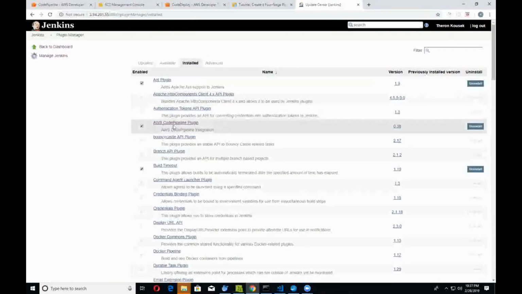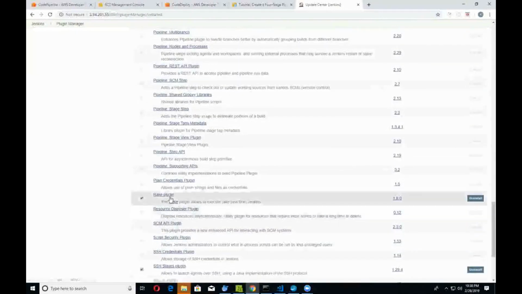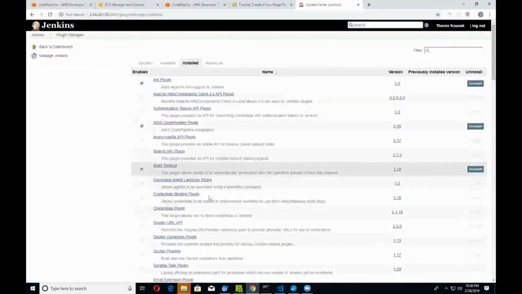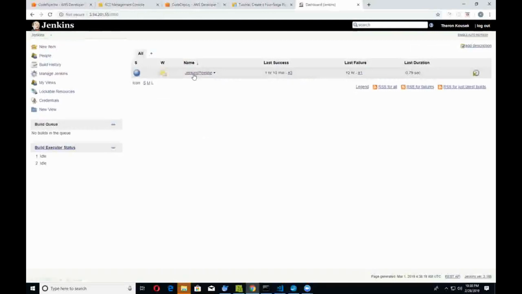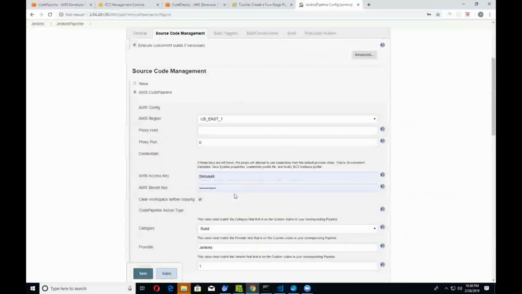For this tutorial, we had to install this one right here, the CodePipeline one, and we also had to install the rake plugin right here too. It basically allows you to execute rake from within Jenkins, and the CodePipeline plugin allows Jenkins to communicate back and forth with CodePipeline. And again, how that's done is, if we take a look at the pipeline, or the project, and we take a look at this,